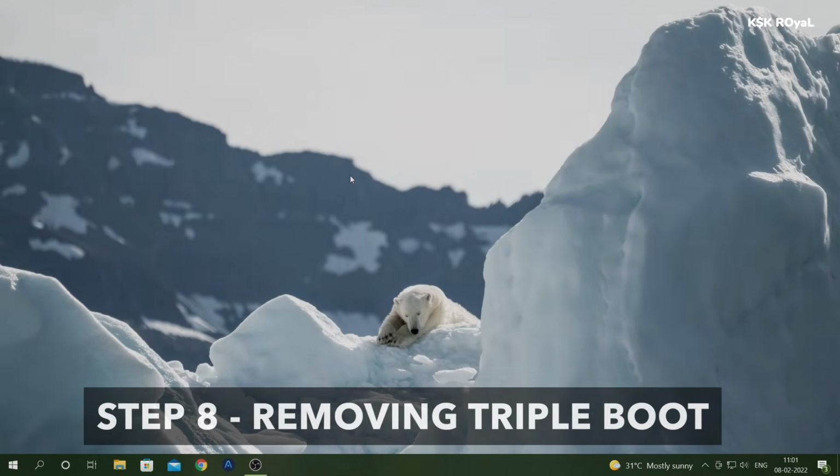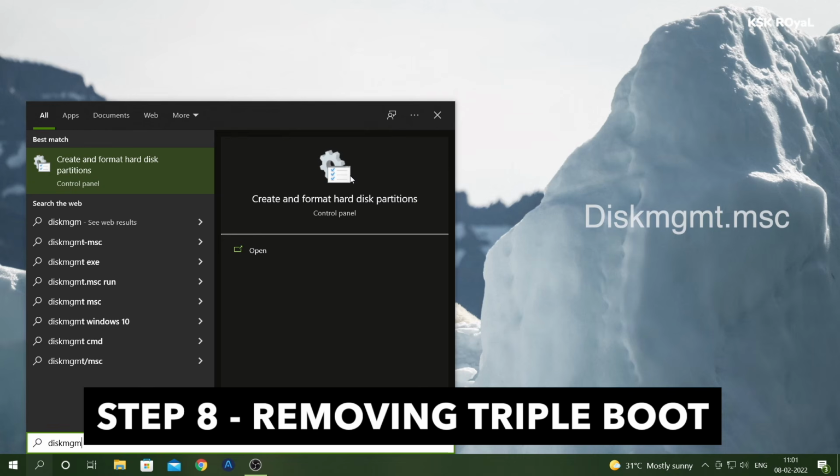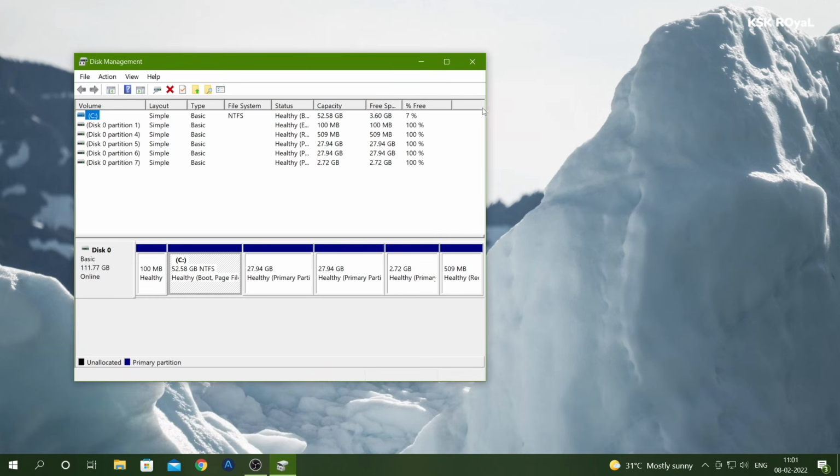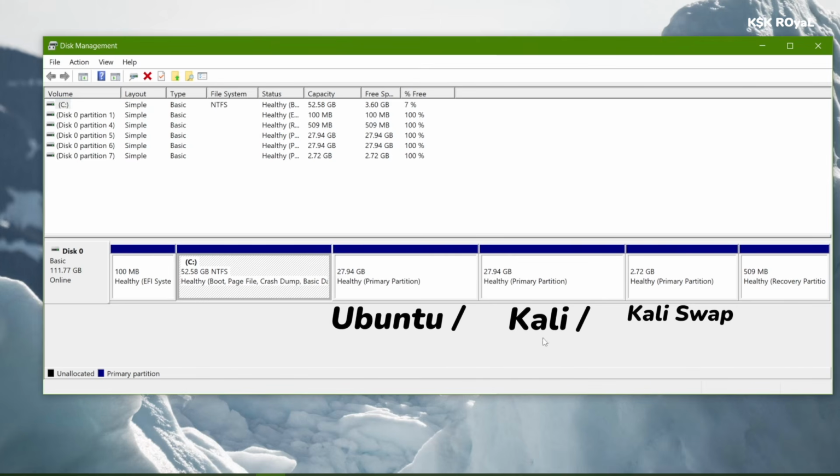Now inside Windows 10, open Disk Management by typing this command on the search bar or inside the command prompt. Now here you can see next to the C drive the three partitions which we have created for Ubuntu and Kali. Now just go ahead and delete these three partitions carefully, one after the other.